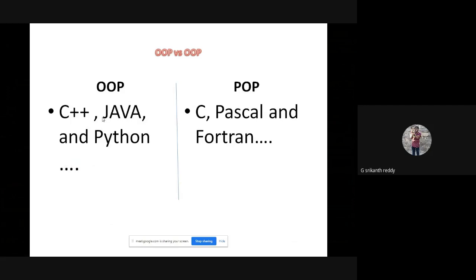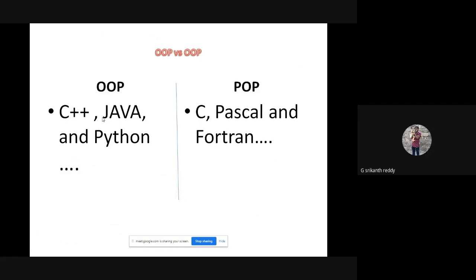Finally, object-oriented programming languages, for example, like C++, Java, Python, and so on. There are many other languages which follow this paradigm, that is object-oriented programming paradigm. Whereas in procedure-oriented programming, we have languages like C, Pascal, and Fortran, and many other languages which follow procedure-oriented programming.